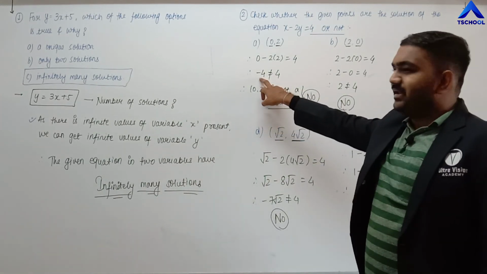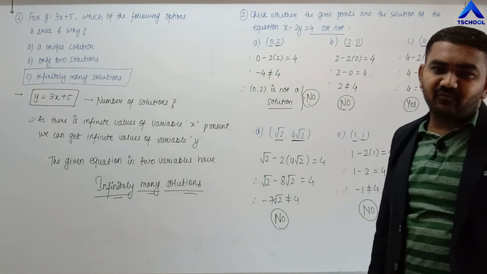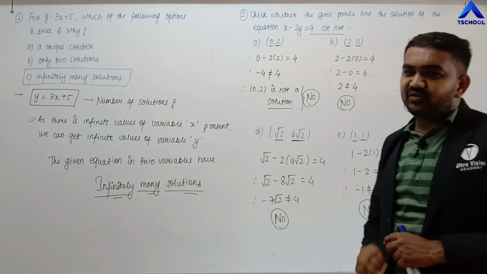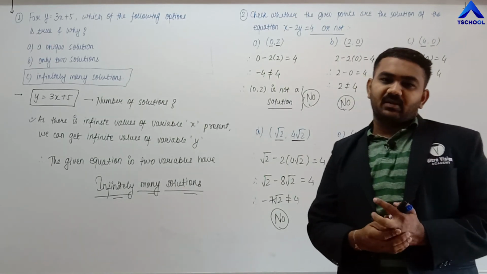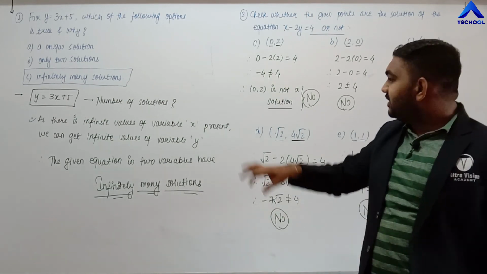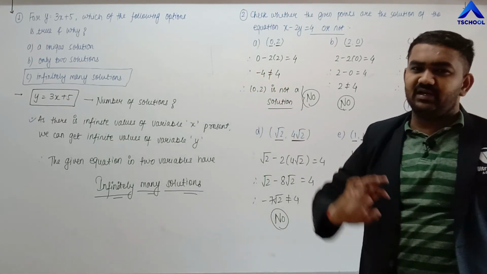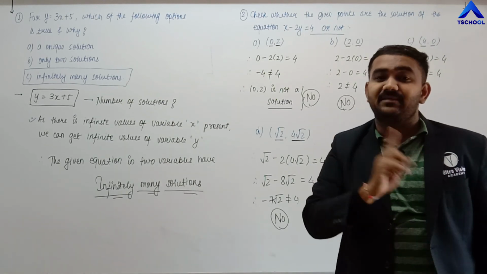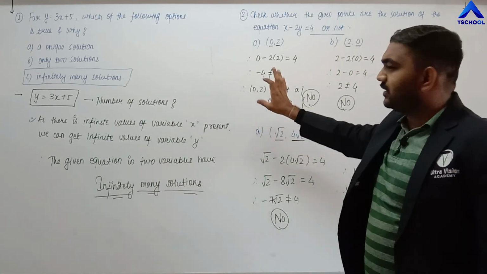So here we get -4 and on the other side 4 is given. So -4 and 4 are not same, friends. -4 and -4 are same and 4 and 4 are same. If you say that here it is 4, here it is 4, but here it is only minus, so they will not be same.